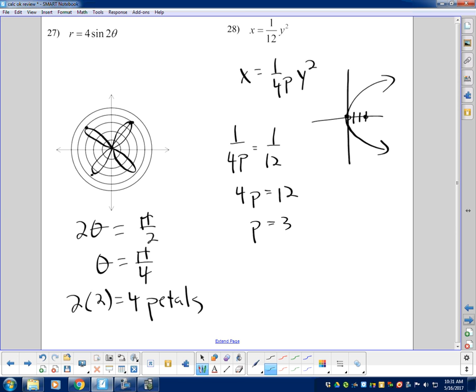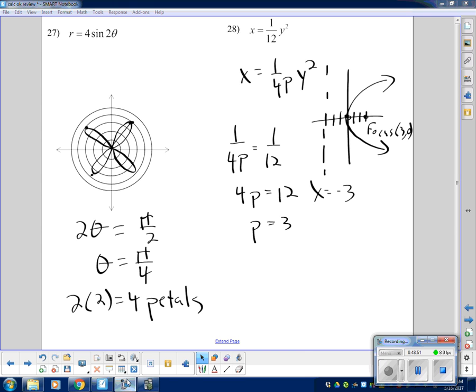So I've got a focus at (3, 0), and then I've got 1, 2, 3 to the left. The directrix is x equals -3, and that's it. Okay, that concludes the pre-calculus final review calculator. Okay, so